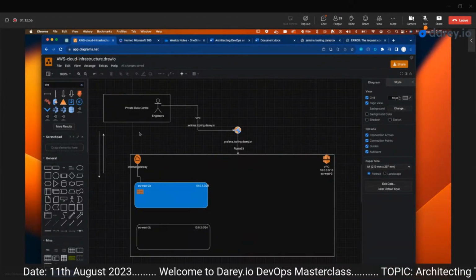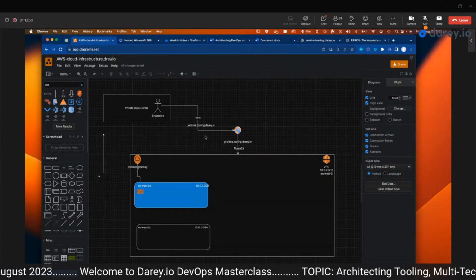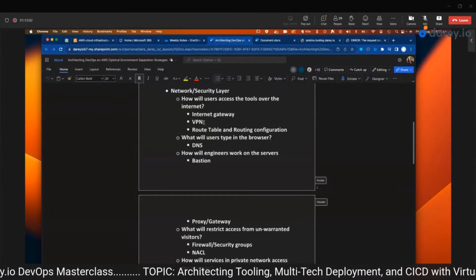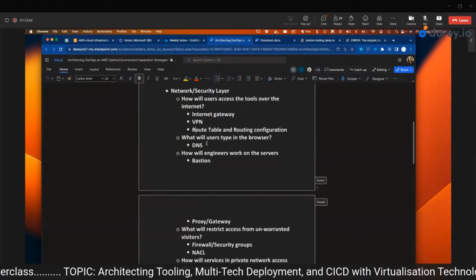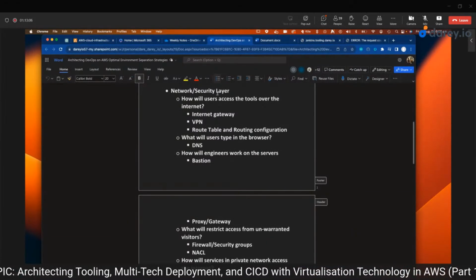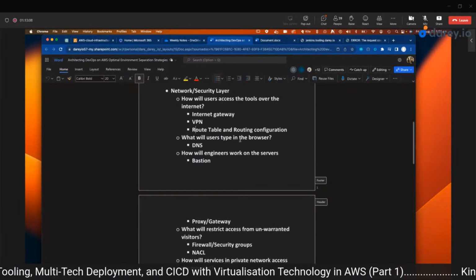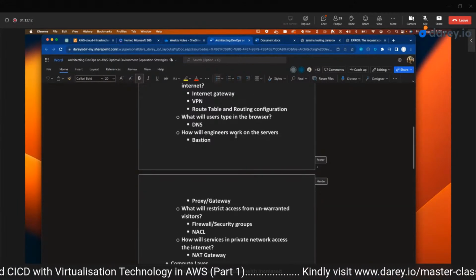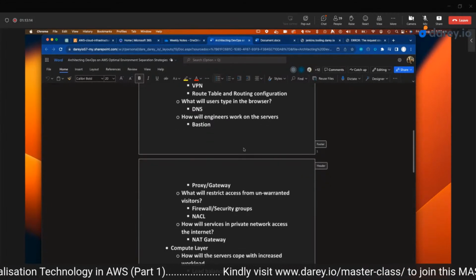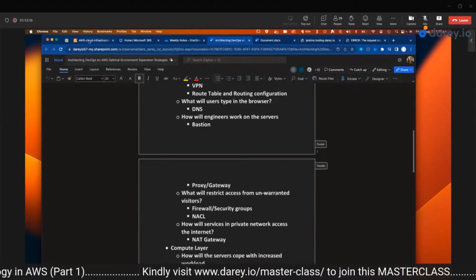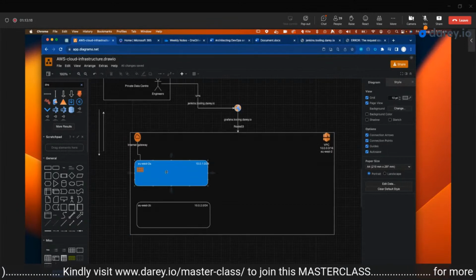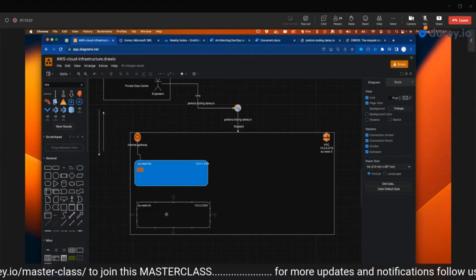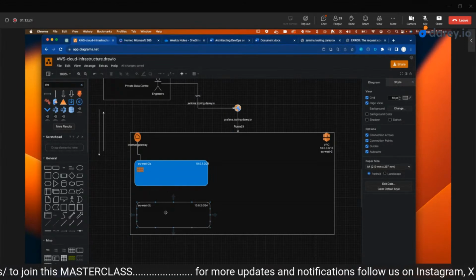All right, so let's have a look back into our question. So still on the networking layer, what will users type in the browser? We're able to answer that question. And then the question is, how will engineers work on servers? So for now, we have a public subnet, but most likely we're going to deploy our